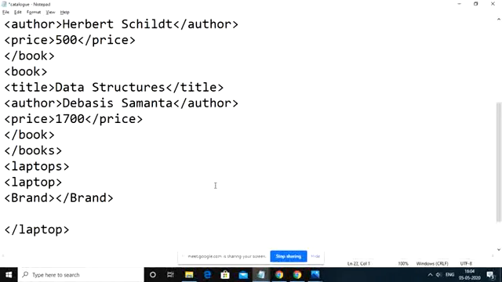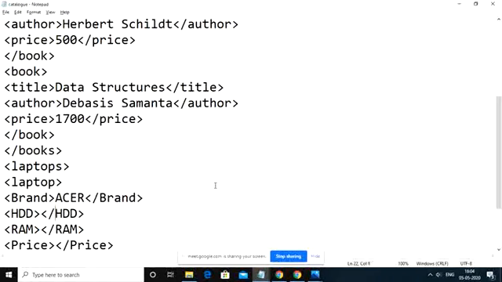At the same time you will have hard disk drive configuration, slash hard disk drive, then RAM configuration, slash RAM, then price and slash price. Brand, let us say I am going to take as Acer. Hard disk drive I am going to take as 2 terabytes, RAM as 8 GB, and price let us say 35,000.